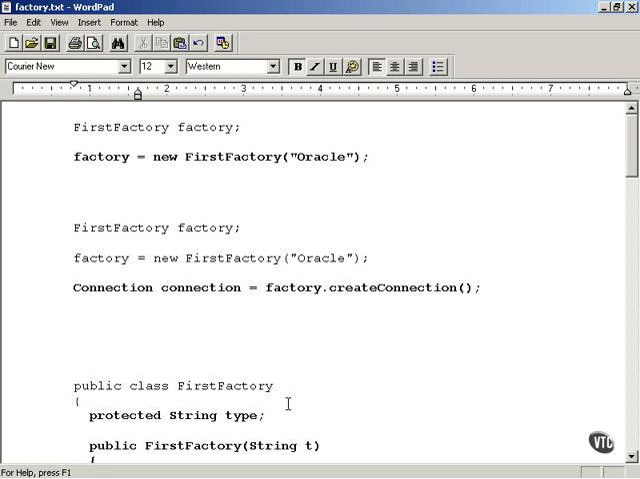Okay, let's start coding our first factory example. As you see here, the idea is to create a factory object using, in this case, the new operator in Java. You can create a new factory object from the first factory class. You pass the first factory class's constructor the type of object you want to create, which is Oracle in this case. So we're configuring the first factory's object to create Oracle connections, storing that factory object in a